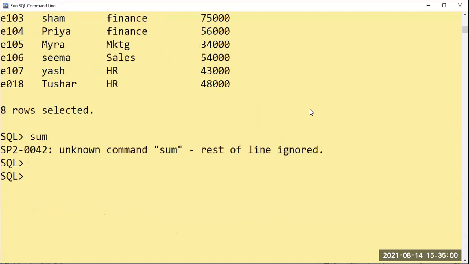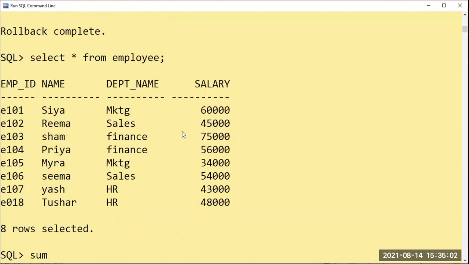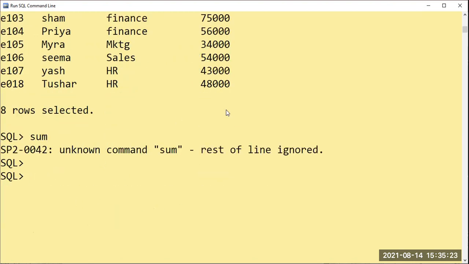Now I want to calculate the total salary, that is, the total of all employees. Step by step I will go, because with sum we are also going to have other built-in clauses, group by and order by.